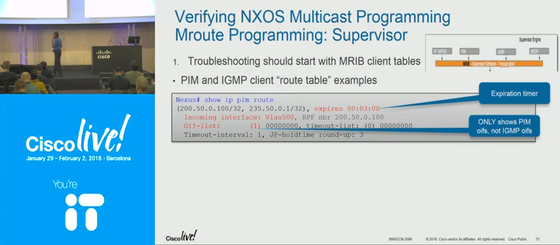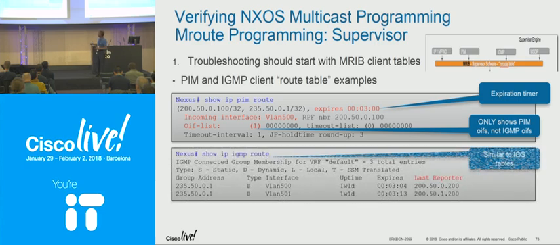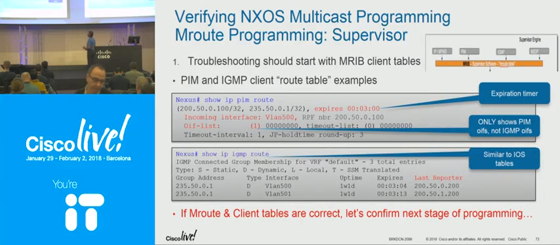Unlike the traditional IOS or other boxes where we don't have any specific routes for these components, the Nexus OS also has entries for PIM and IGMP. So when you execute show ip pim route, you could see the (S,G) or (*,G) entries created by PIM, based on the PIM joins that we receive. So this is an example of show ip igmp route,